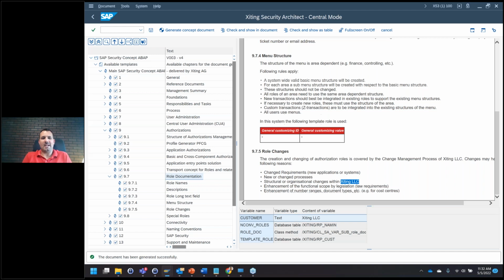So instead of writing "exciting" 100 times in my concept, we use a variable. We maintain it once, and wherever we have that variable, the text will be replaced with "exciting LLC". This is just for text variables. That's the dynamic content. But then we can also have, for example, database tables or classes that pull in information